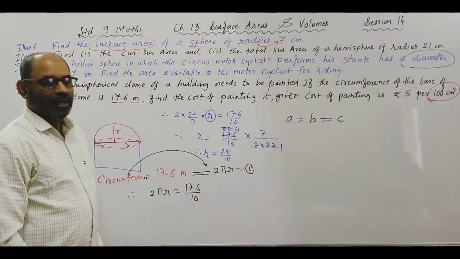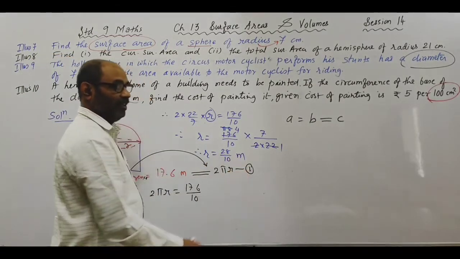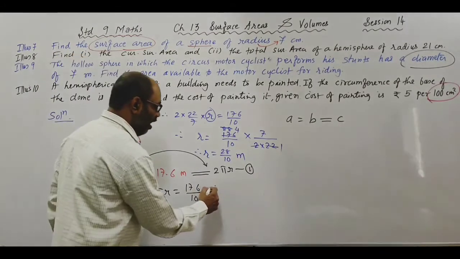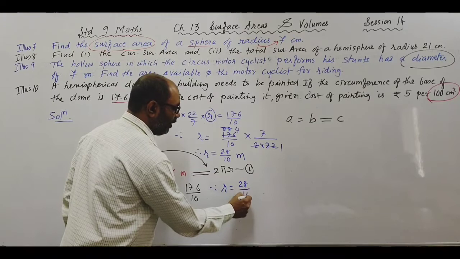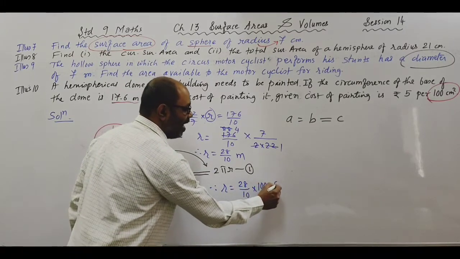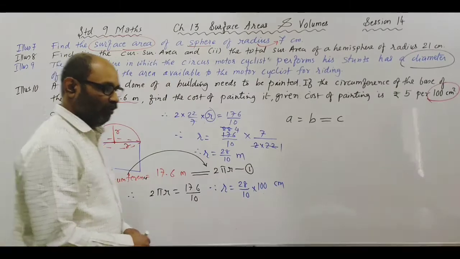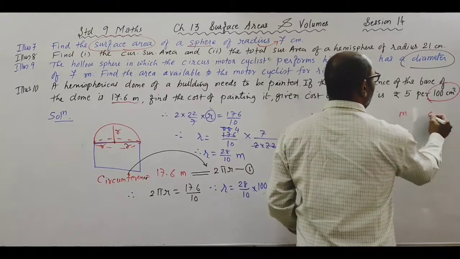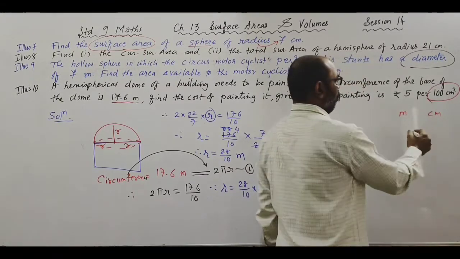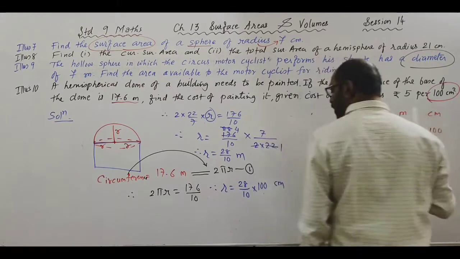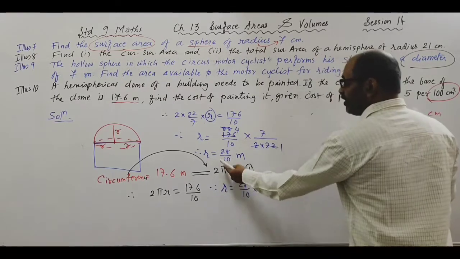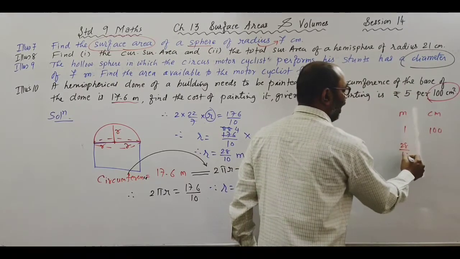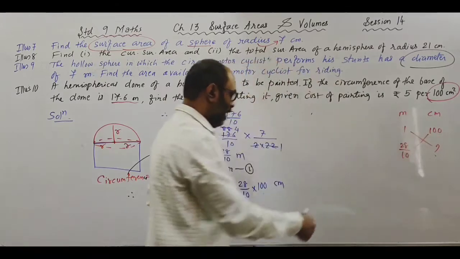That is radius. I'm not putting decimal. 2.8, but this is meter. I want centimeter. So therefore, radius is equal to 28 upon 10 multiplied by 100 centimeter. If you don't know how you got this, just do this: meter and centimeter. Now you know the relationship. What is 1 meter equal to? 100 centimeter. And this is 28 upon 10 meter, so put it in the meter column. 28 upon 10 meter is how much? Cross multiplication.